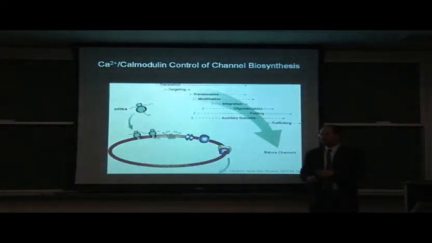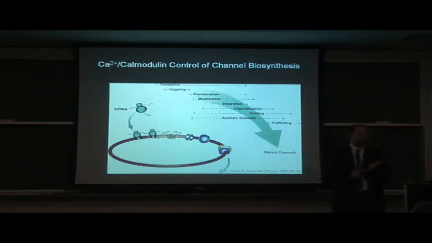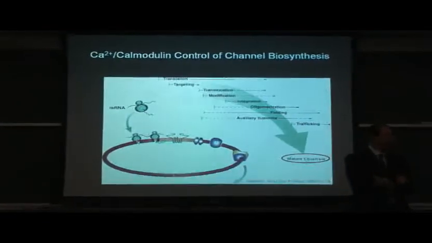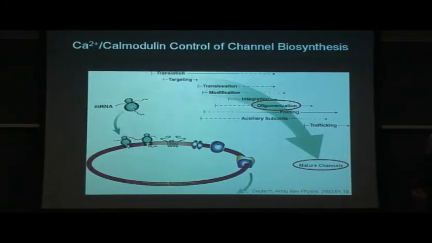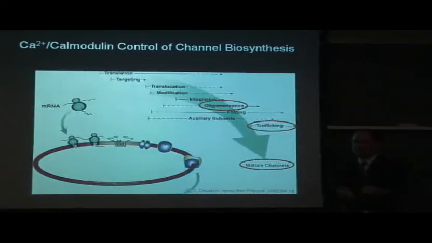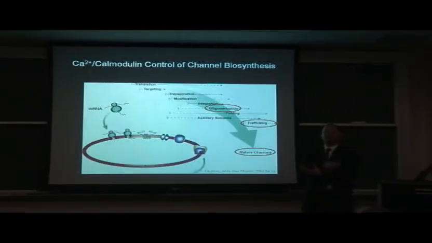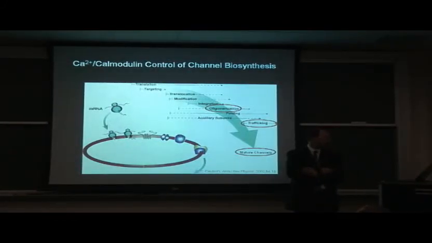So now I've shown you two examples in which I think that calmodulin, as an obligate channel subunit, can be regulating different aspects of channel biosynthesis. I showed you examples of calcium regulating mature channels for calcium inactivation. But with KCNQ1, it looks like it's important for oligomerization. And for the calcium channel, it looks like it's important for membrane targeting and trafficking. So it's possibly a relatively widespread paradigm for those channels in which calmodulin is a subunit to add this new level of calcium regulation to channel function.